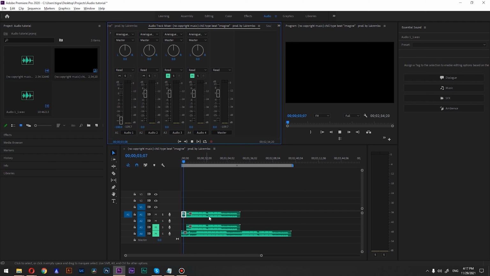So it's kind of like the mute track thing. You can reset this by double clicking on the slider, and it will go to the 0. And now you can hear everything.